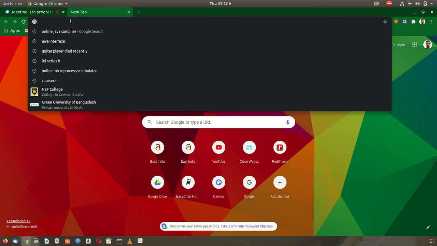Regarding practicals, we have already done four experiments. The last experiment was regarding the interface, I think it was yesterday, Tuesday.